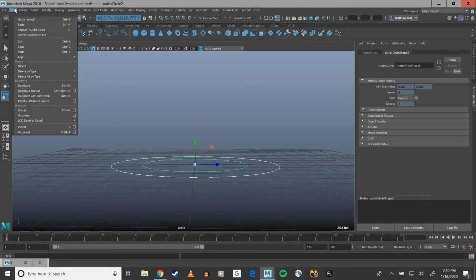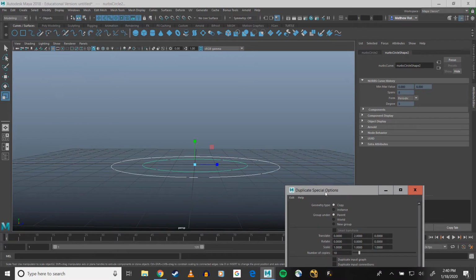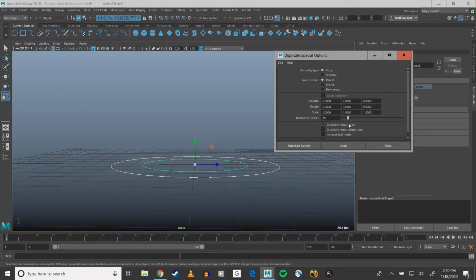Anyway, I'm going to go up to Edit, Duplicate Special. Let's see. Yeah, I'll make 10 copies where I translate each copy 10 units in Y, and geometry type